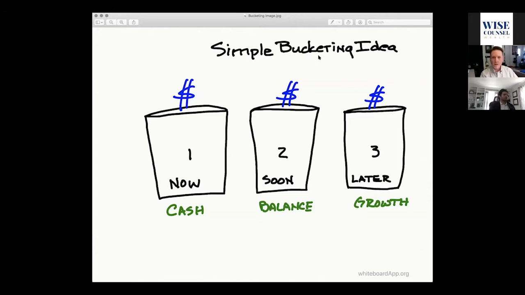And then the other way I've seen this described is bucket one would be money that you'd want access to within the next 1 to 3 years. The middle bucket might be 4 to 7 years, and the third bucket might be 8 to 10 years or more. So there's a lot of different ways you can view this. And when I was thinking about this,